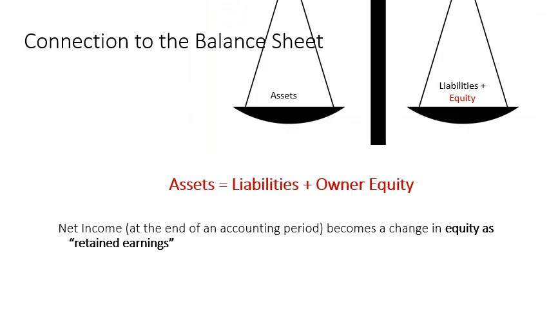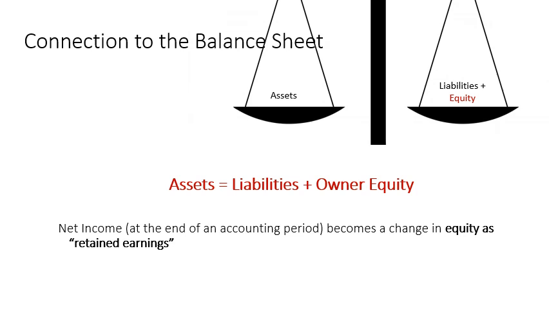So a lot of times, a bank will ask a farm to provide both a balance sheet and an income statement. And how are the two related? They actually are directly related. If you remember back to the balance sheet, your assets are equal to liabilities plus owner equity. Well, at the end of an accounting period, the net income, all of your income minus all of your expenses,